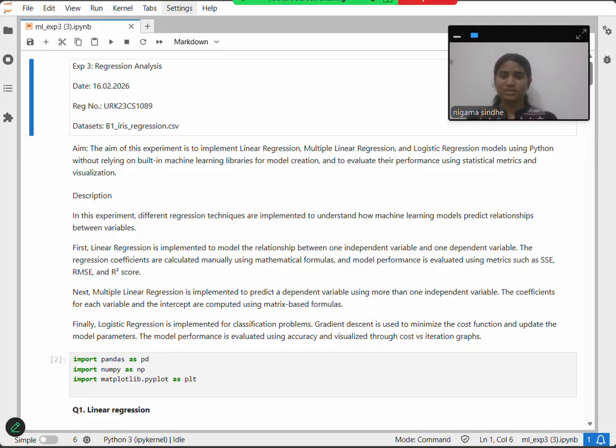As a part of my machine learning techniques laboratory, we're going to look into the third experiment, which is regression analysis. In machine learning algorithms, the learning is divided into two types: supervised learning and unsupervised learning, whereas regression is a part of supervised learning. The main aim of this experiment is to implement linear regression, multiple linear regression, and also logistic regression using Python machine learning scikit-learn libraries for the model creation, and evaluate their performance based on statistical metrics and